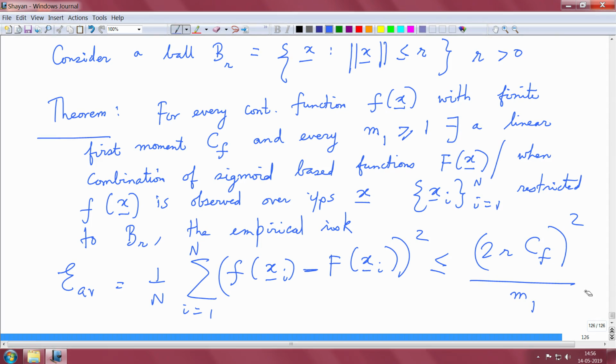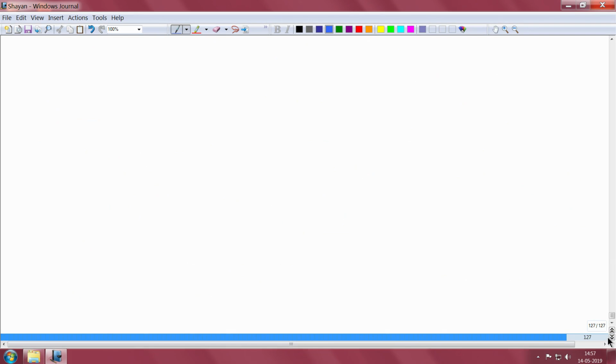So, I give you a bunch of data points. If I know m1 and if I know Cf, that I can compute based upon the Fourier transform of the true function, and computing that itself would require some sort of estimate, and if we have that estimate and we can compute Cf, then the empirical risk is bounded by this quantity. This is a very important result. This sets a bound on the number of hidden neurons that we may require, and that is the reason why this theorem is useful.